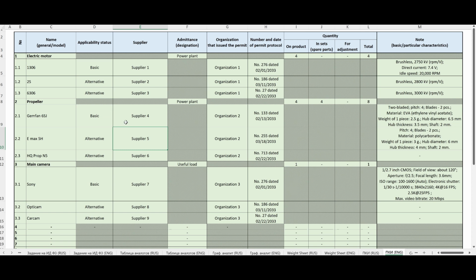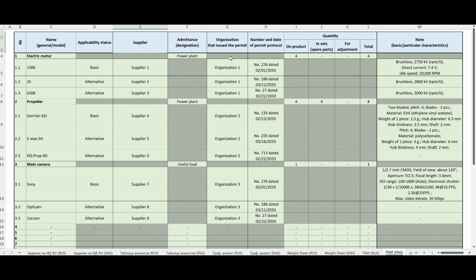The basic option in the applicability status column refers to the purchased products which are considered by the design and engineering department as the most suitable for use in the designs of the unmanned aircraft system being developed. The alternative option in the applicability status column means purchased products with characteristics close to those required, the use of which in the design of the unmanned aircraft system being developed is possible if there is no access to purchase for